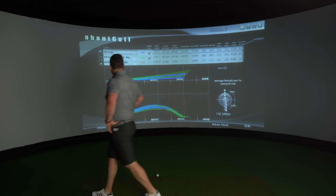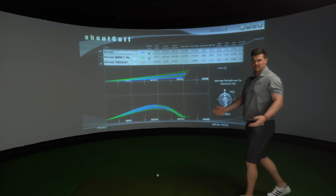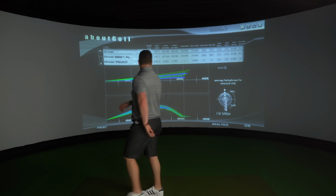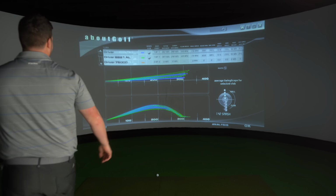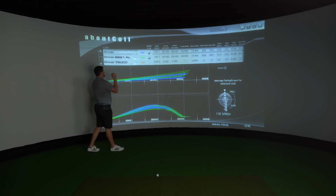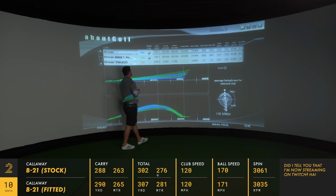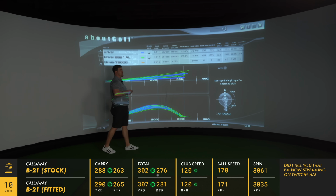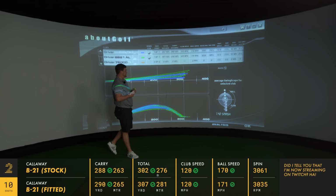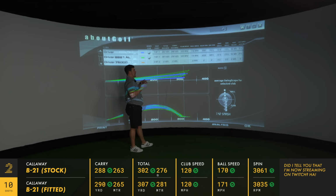Wow, they're interesting. Hope I got you. So 7 shots with each. Clubhead speed both 120. Ball speed 1 mile an hour more with the B-21 at 171 over 170 with the standard shaft. Left side spin is present, as we probably would expect, but obviously the initial horizontal angle was relatively